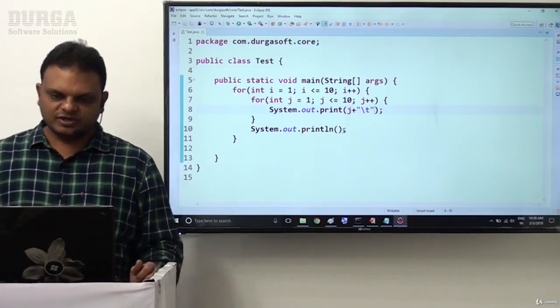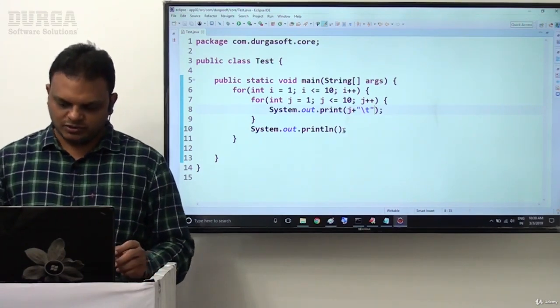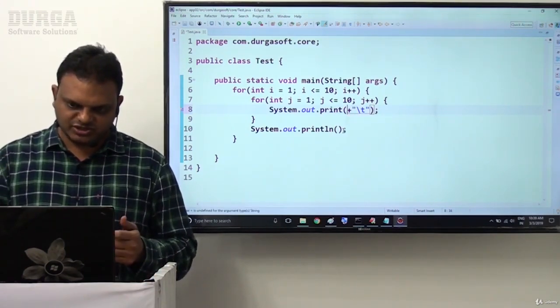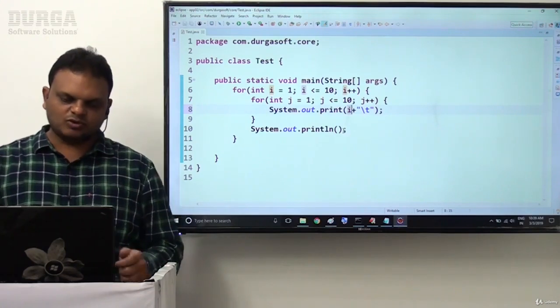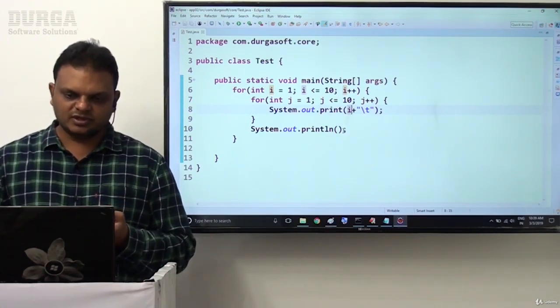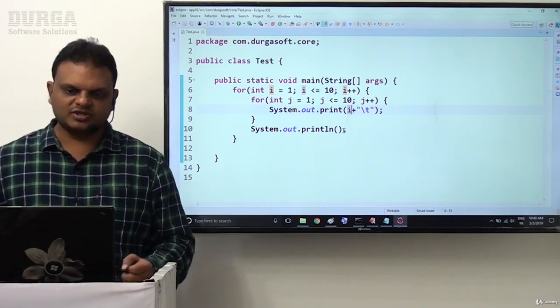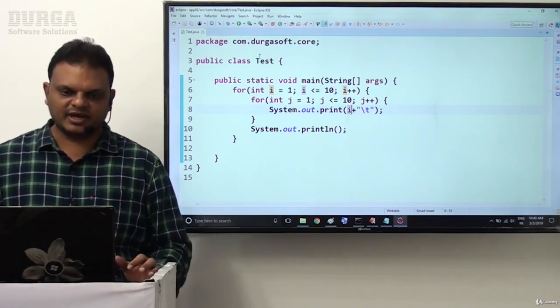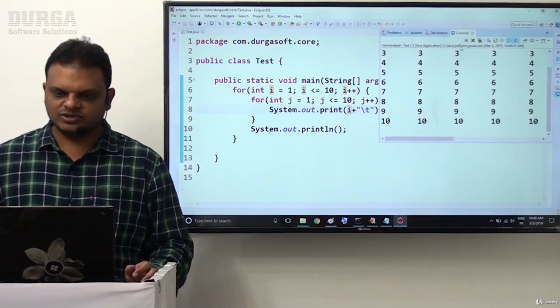First of all, we need to display which value here now. Instead of displaying J, if I display I, what exactly is the output we are able to get? At each and every column I want to display the I values. Now let me check this one. Instead of displaying J, I want to display I here. Let me execute this and see what we are getting.